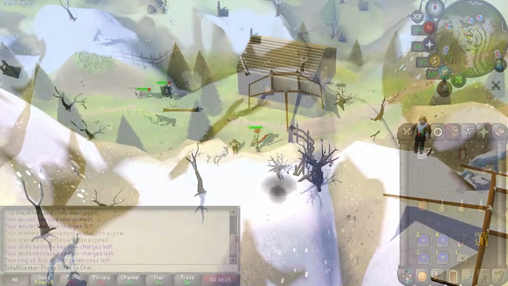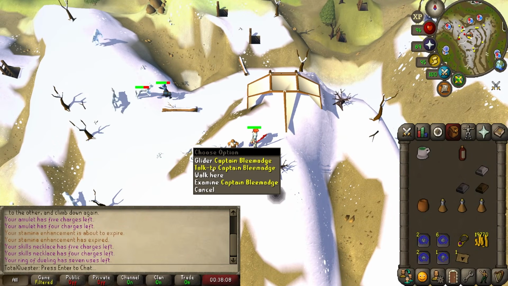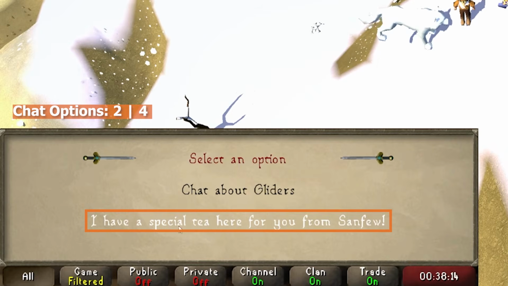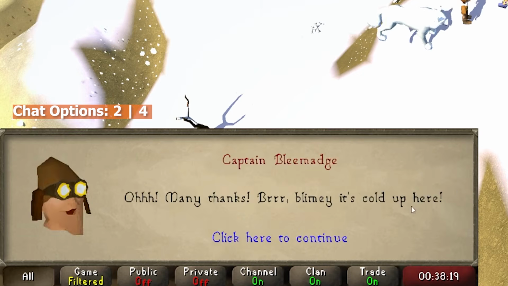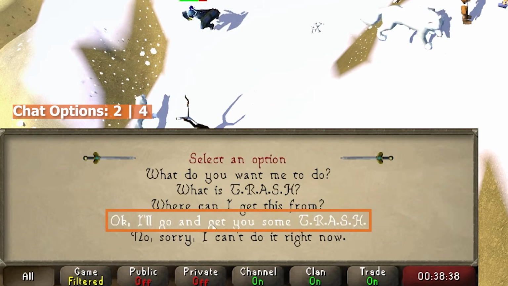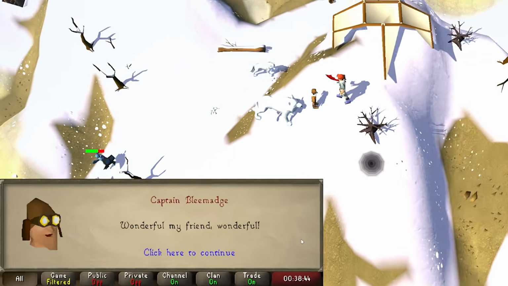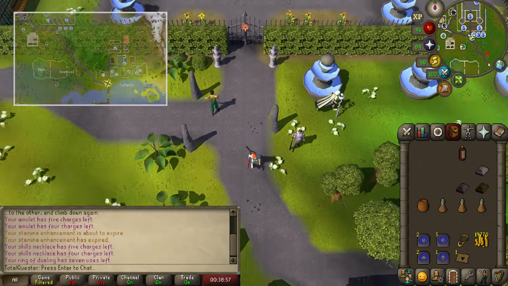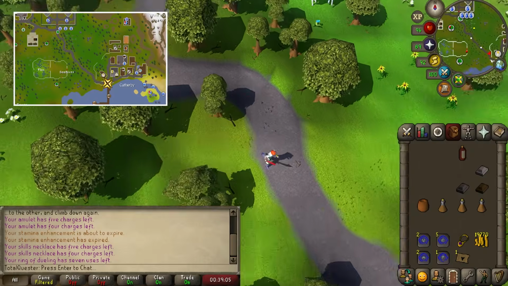shown on screen. After arriving, talk to Captain Lamarge, and then say, I have a special tea here for you from Sanfew. And then after a long chat with the captain, say, okay, I'll go get you some trash before finishing off the chat. Following this, teleport to Camelot before running southeast to the general store sign in Catherby, whereby